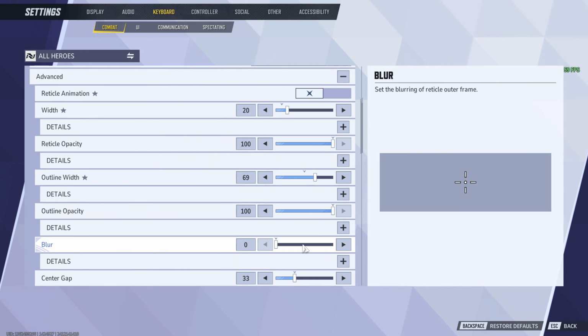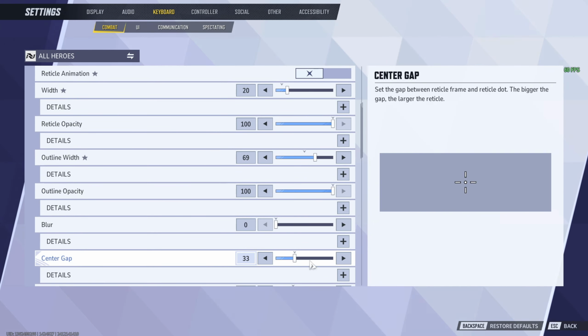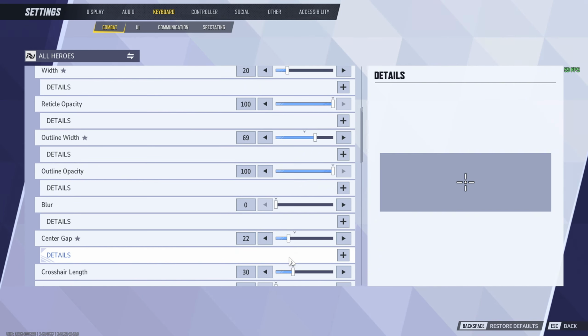Then we have the blur effect. We don't want to touch this. As you can see, it just makes our crosshair blurry, so we don't want that. Then we have the center gap here. That is how far away the lines are from the dot. If it was a circle, it will make the circle smaller. I prefer mine pretty tight like this, because then I can,